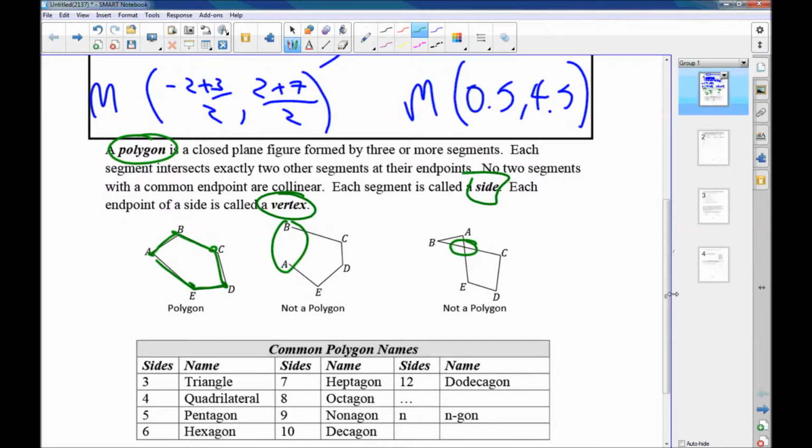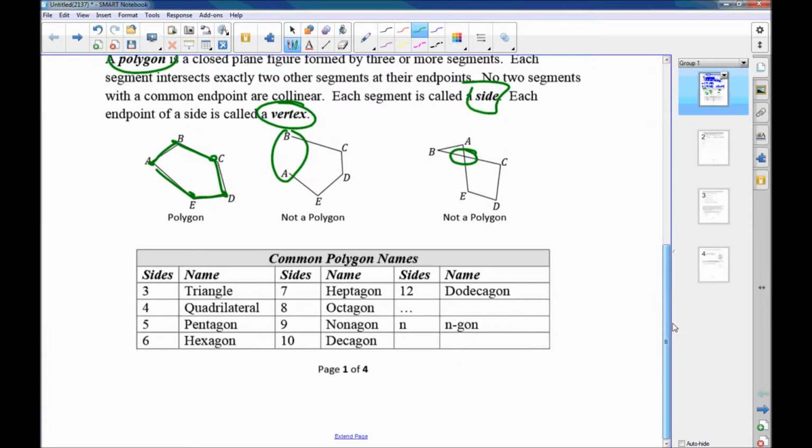All right, so we have some common polygon names and for the number of their sides. Triangle you probably know. That's a 3-sided one. Quadrilateral you probably know. Pentagon you know. There's a very famous building about that. Hexagon is a 6-sided one. Heptagon is a 7, octagon is 8, nonagon is 9, decagon has 10, and then you need to know dodecagon,